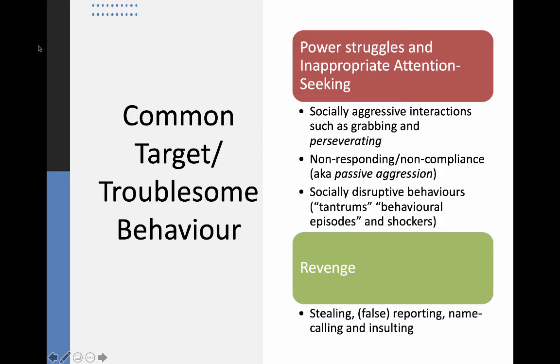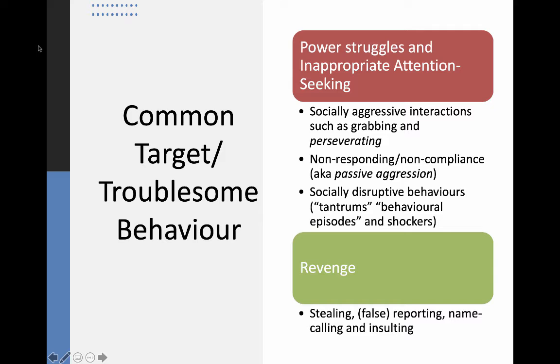The next class of behaviors are often referred to as revenge-motivated behaviors. These behaviors occur when a person feels hurt and therefore wants to hurt back people that they perceive as having caused their hurt. These behaviors can look like stealing. It's not always easy to tell whether a person is stealing. I prefer to literally call it taking without asking or taking without paying, because sometimes people are doing that simply without knowing that there's a social rule. I worked with an individual who just simply walked out of a record store with some of the music that he wanted because he didn't understand that it was supposed to be paid for.